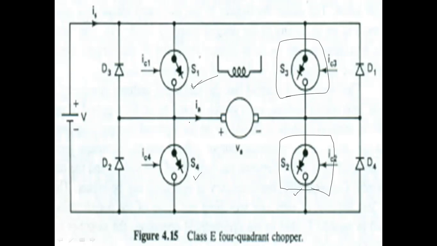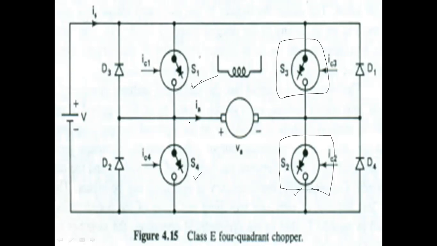Okay, so now what happens? Previously the motor was decelerating. Now the motor will be accelerating at maximum torque in the reverse direction, and the current is still regulated by the current control loop. So finally it will settle at the desired speed. By controlling the delta for S1 and S4, the speed will settle at the desired speed. So this method of control has some features I will discuss.